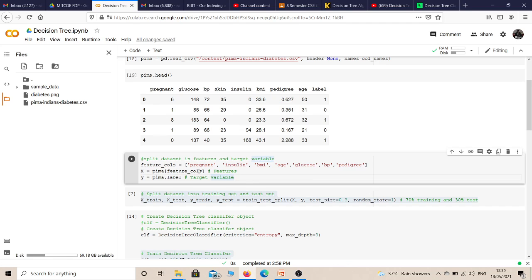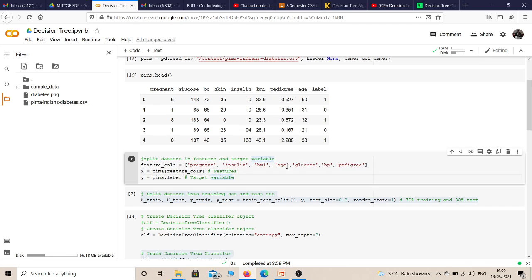So here I try to select the features, that is, what is my dependent variable and independent variable. I told you that the dependent variable is the label, because the value of the label depends on these parameters. That's why this is a dependent variable and these are called independent variables. So x will represent the independent variable, y represents the dependent variable. What I wrote over there: x equals feature columns, meaning all these attributes.